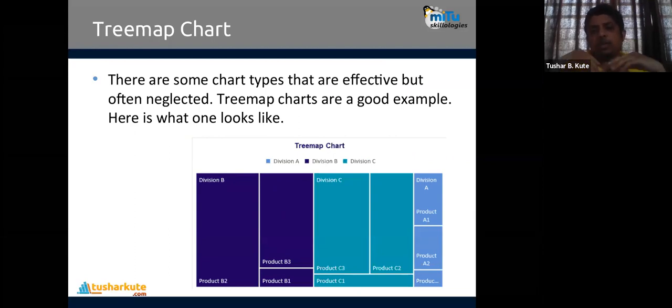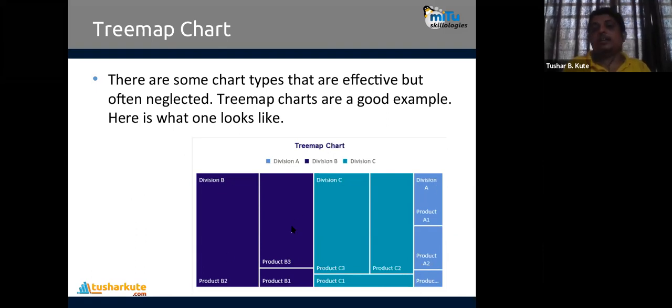And you can see much more information is shown in a single picture. It's a part of a pie chart also, division by division, meaning pie chart within pie chart, something like that. For example, I have 100% revenue for a company, and out of it, this amount of revenue is from division A, this amount is from division B, and this amount is from division C. For example, here 40% is there, and this 40%. Or this is 45%, this is 45%, this is 10%.